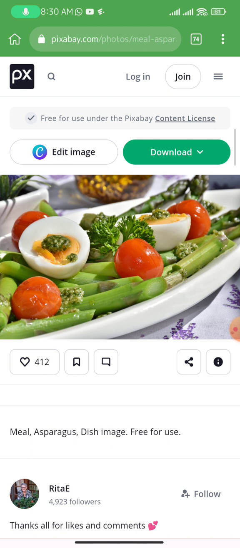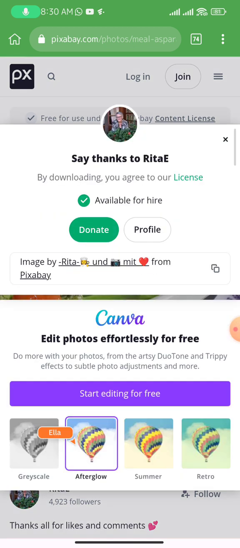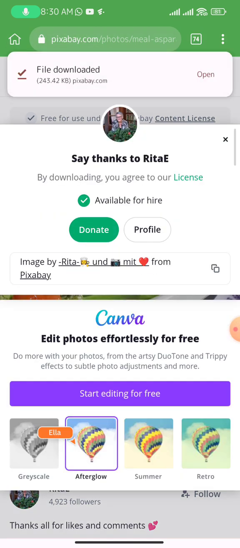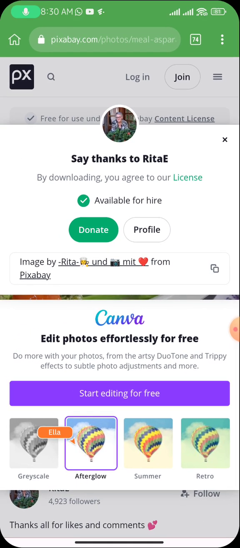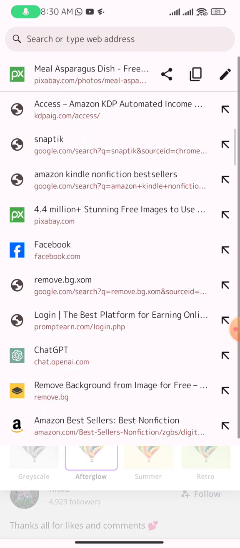Once you click on download, it will automatically download to your device. You can see it up there, file downloaded. So it is not hard, just like what I said. If you want to use this image, I'm just giving you the concept. Now another website is